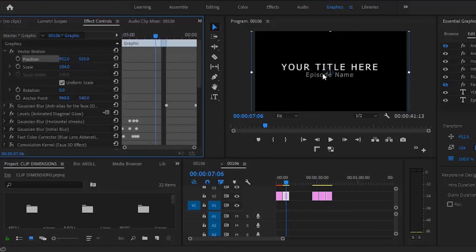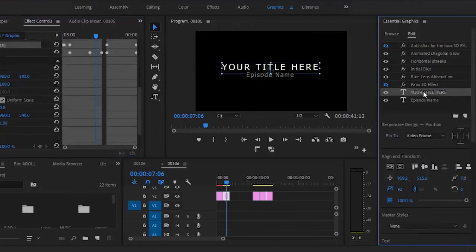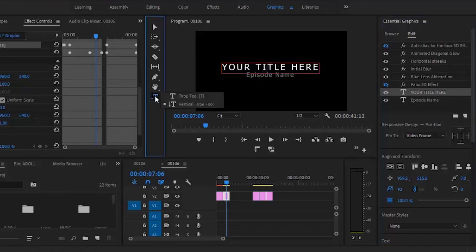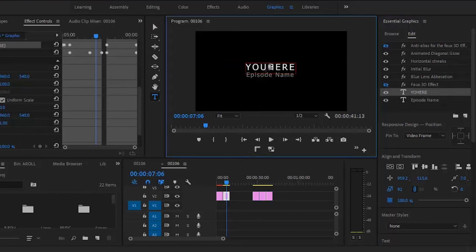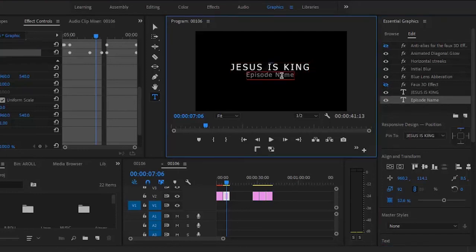But let's say you want to edit the text individually. What you need to do is to come over here to select your title, and you will notice that it has highlighted your title text alone. So if I want to edit this now, I'll just go ahead and select the text tool. Let me take that back to the normal type text tool and change this to Jesus is King. Now I can select the episode name and change it to